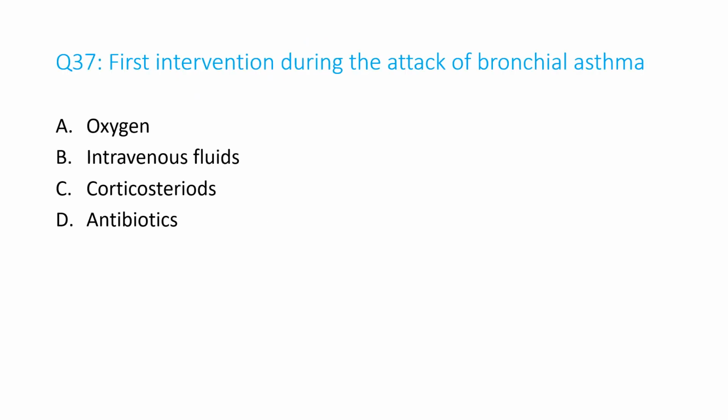Question number 37. First intervention during an attack of bronchial asthma. A. Oxygen, B. Intravenous fluids, C. Corticosteroids, D. Antibiotics. And the answer is